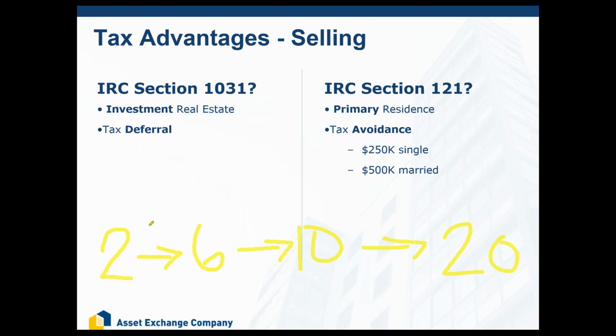Now, the great thing about the exchange is my client here has never paid taxes, right? They've been able to build their portfolio up and own this giant apartment building, this 20-unit apartment building in a great location, and they got there by doing a series of exchanges and never paying taxes on any of their transactions. The problem is the client is now at a point where they don't want to manage